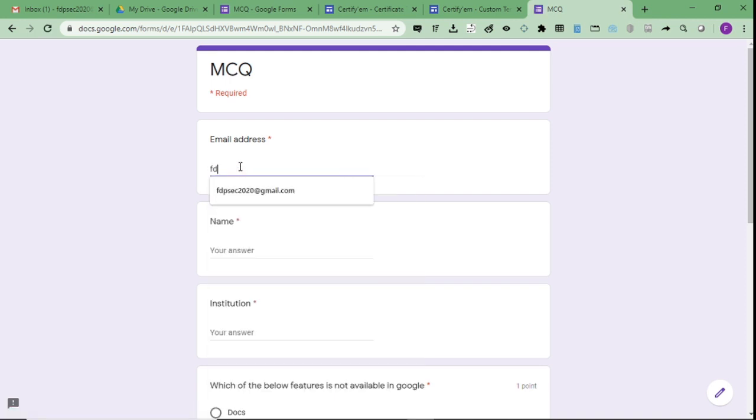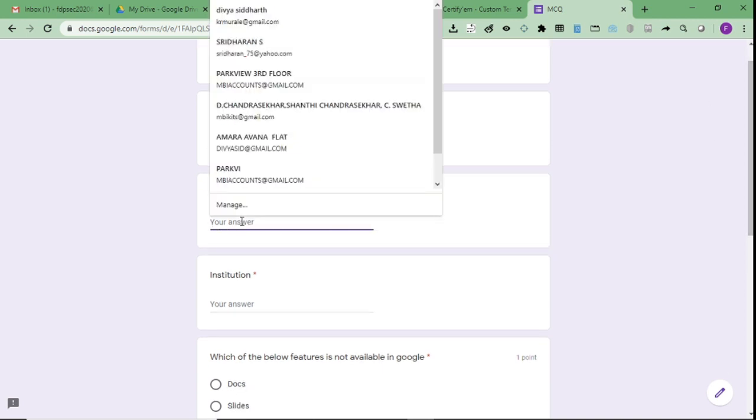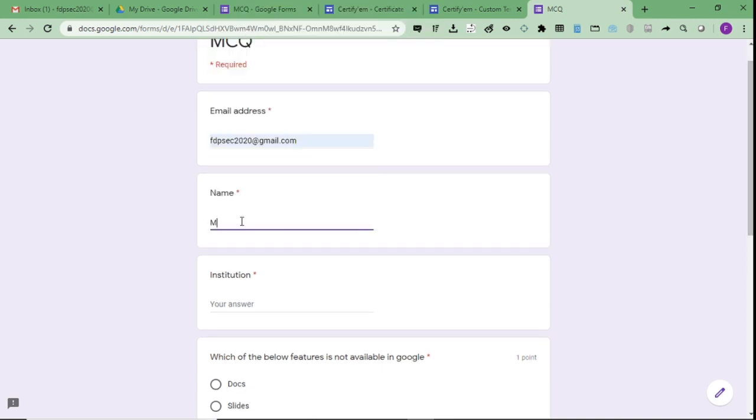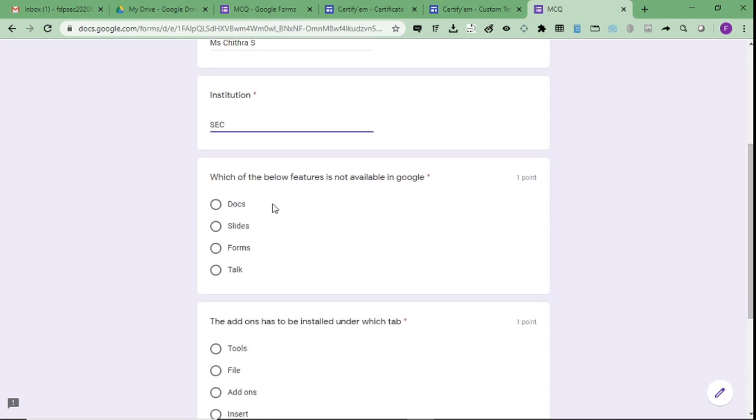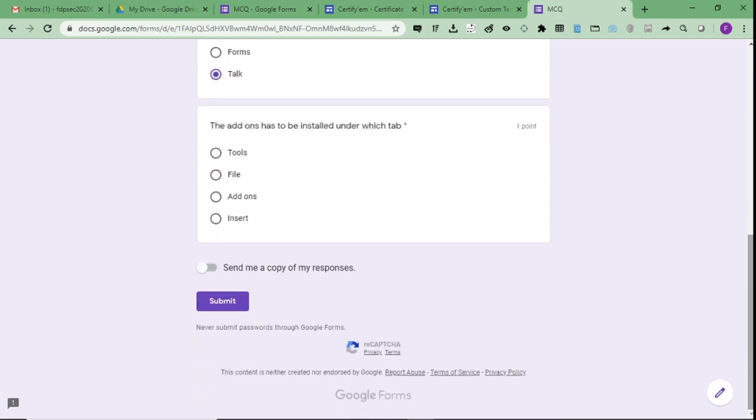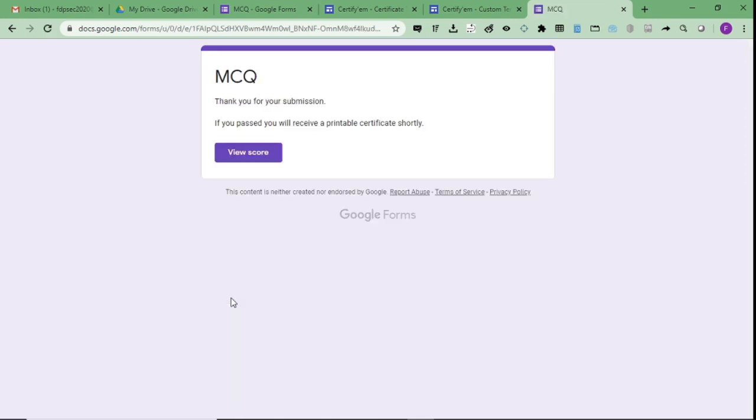So I type the email ID fdpscc2020@gmail.com. I'll enter my name, Miss Chitra S. I enter my institution. So let it be SCC, and let me try to get 100% because I know the answers already. So I'll submit the form.